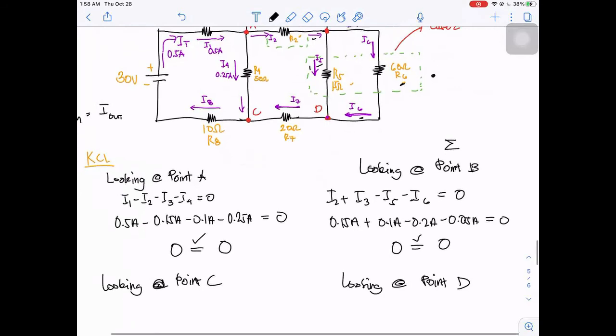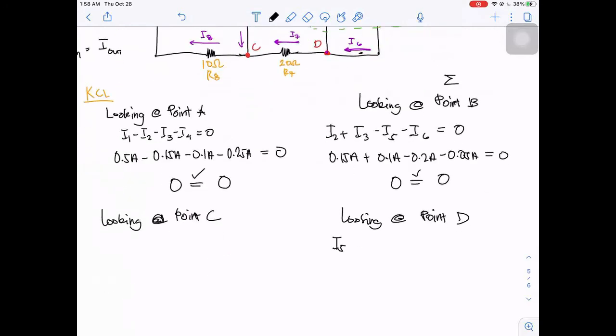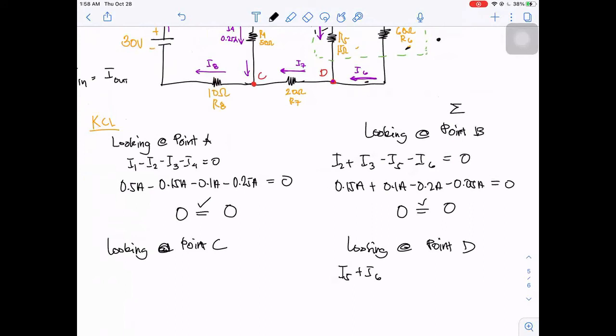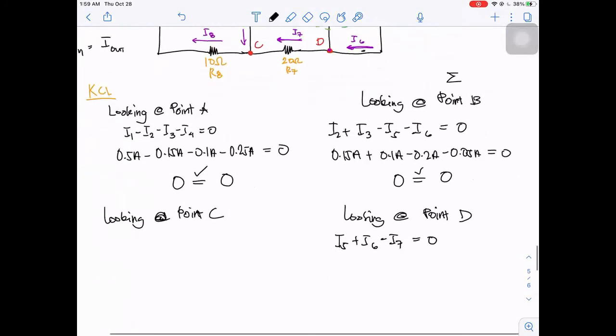So we have I5 plus I6 minus the current leaving away from point D, and that is I7, that is equivalent to 0. So we have I5 that is equivalent to 0.2 ampere plus I6 that is 0.05 ampere